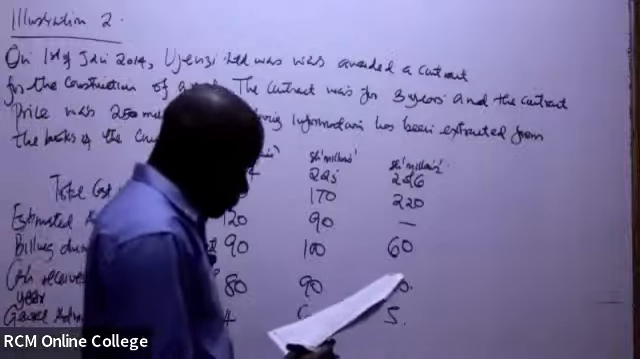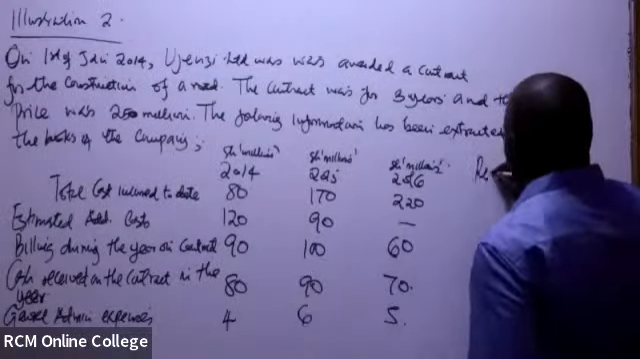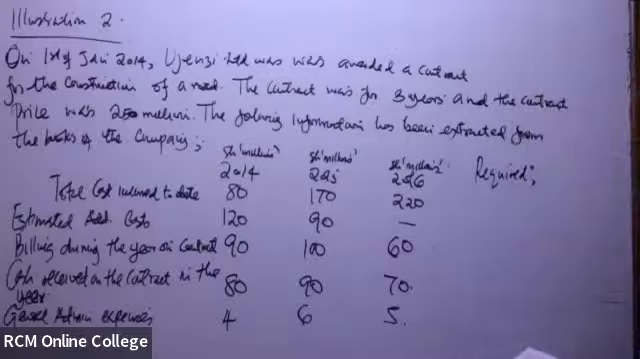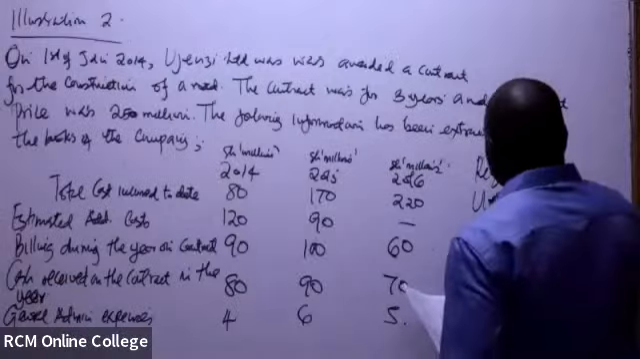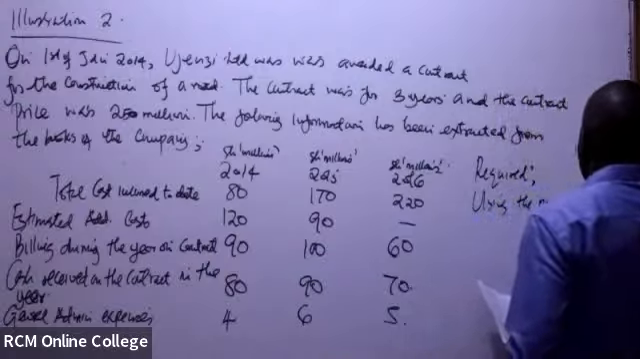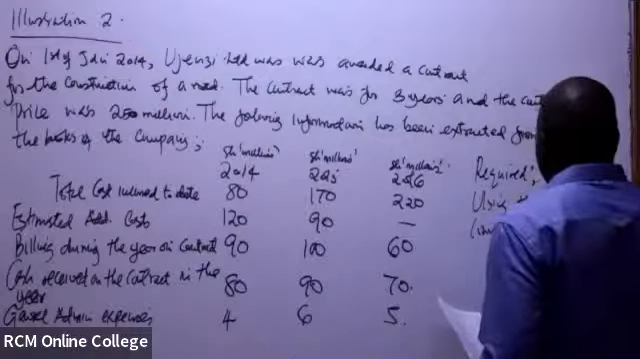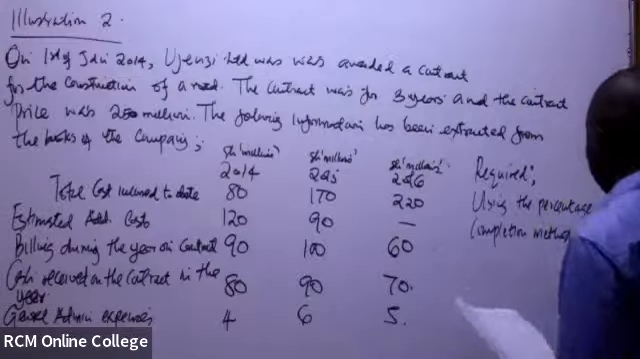Then we have the required. What are we required to do using these figures? You can write the required: using the percentage of completion method, prepare